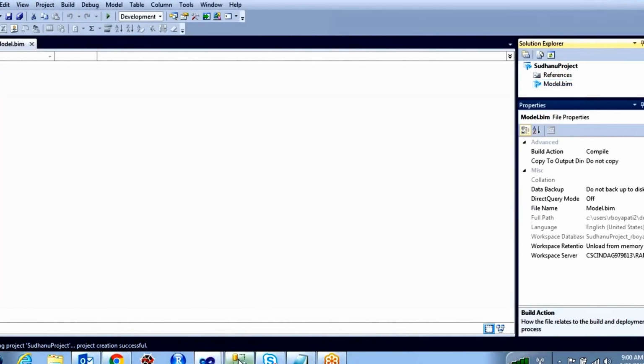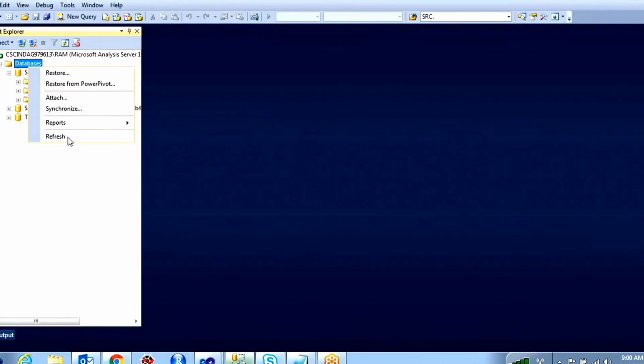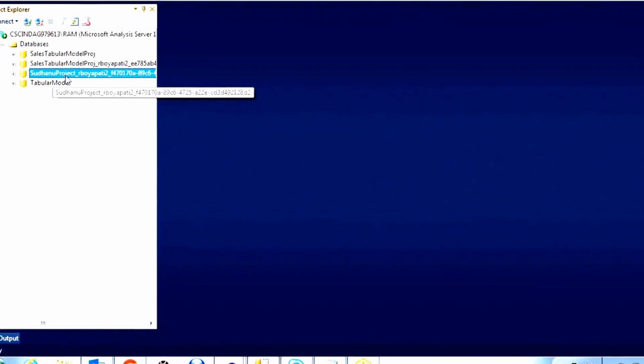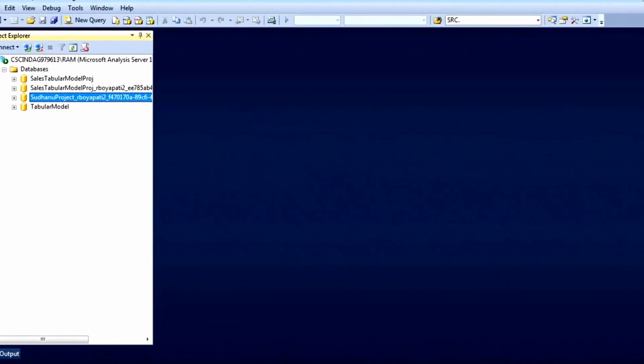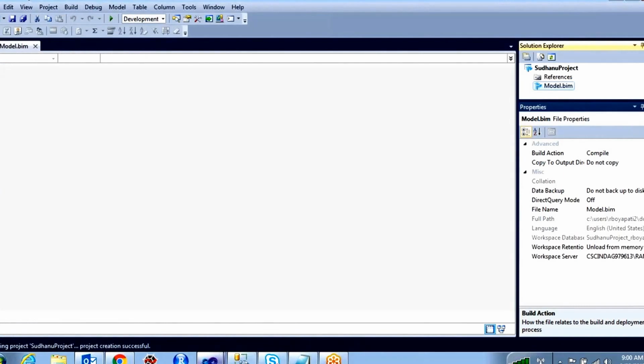It is taking the same workspace as before. Refresh it. See, Sudhanshu project underscore username. See here, the workspace server is this one.